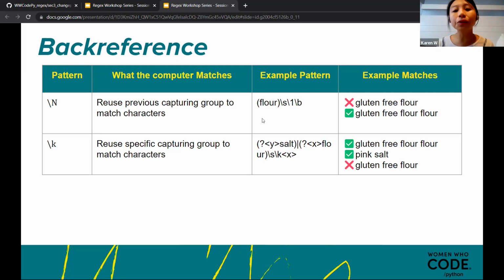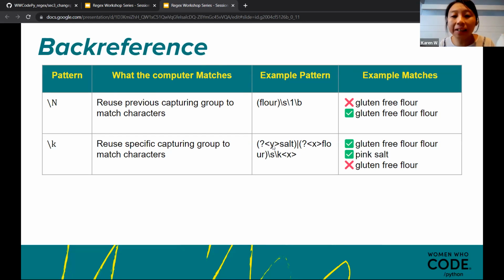To do that, you put a question mark, then the open and close angle brackets, and then the name you want to use, like the variable that you want to call that pattern.